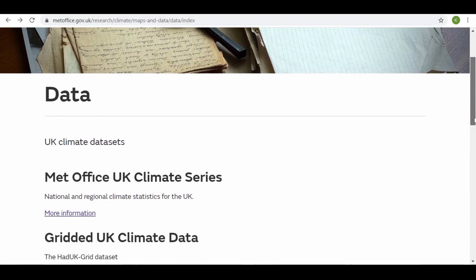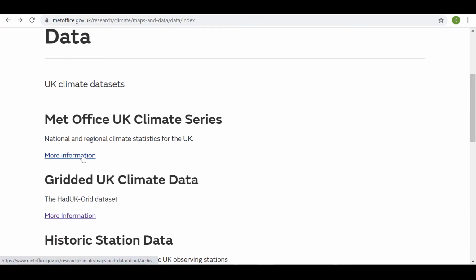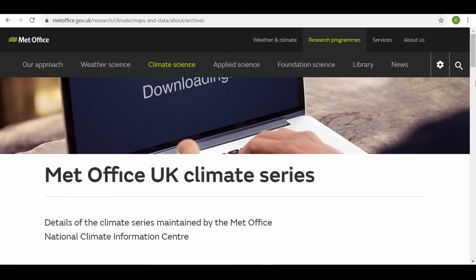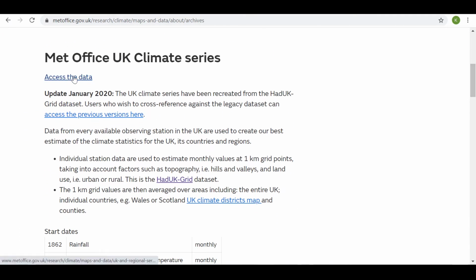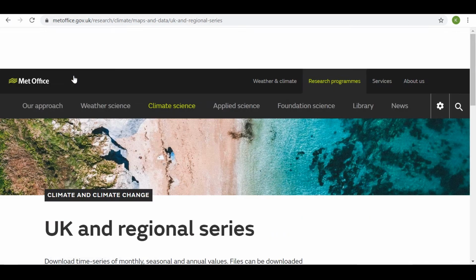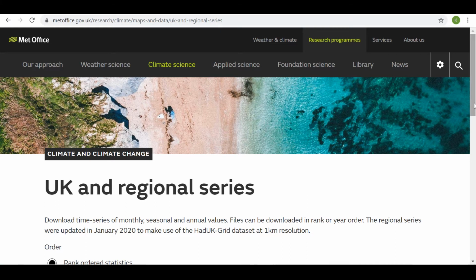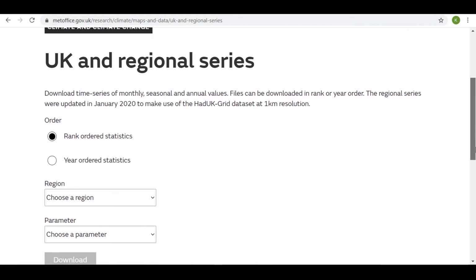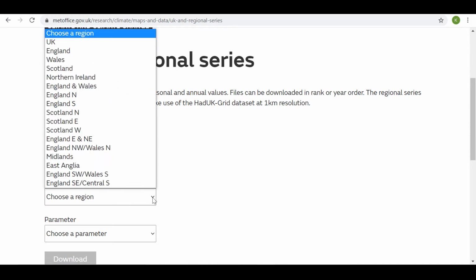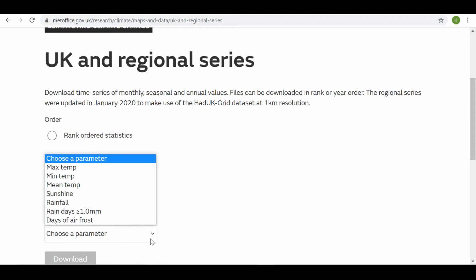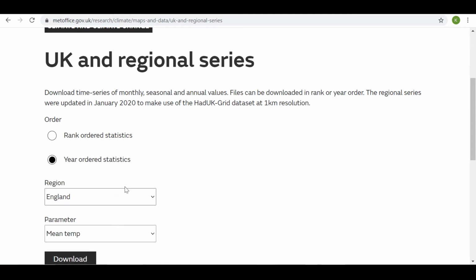So I'm going to look at the UK Climate Series, and then I'm going to access the data. The link for all of this is in the references at the end of the presentation, but it's also on the resources page as well. We're looking at the UK and regional series of data. I'm going to change it to year ordered statistics. For the region, I'm going to change it to England, and the parameter, mean temperature. I'm now going to download that,